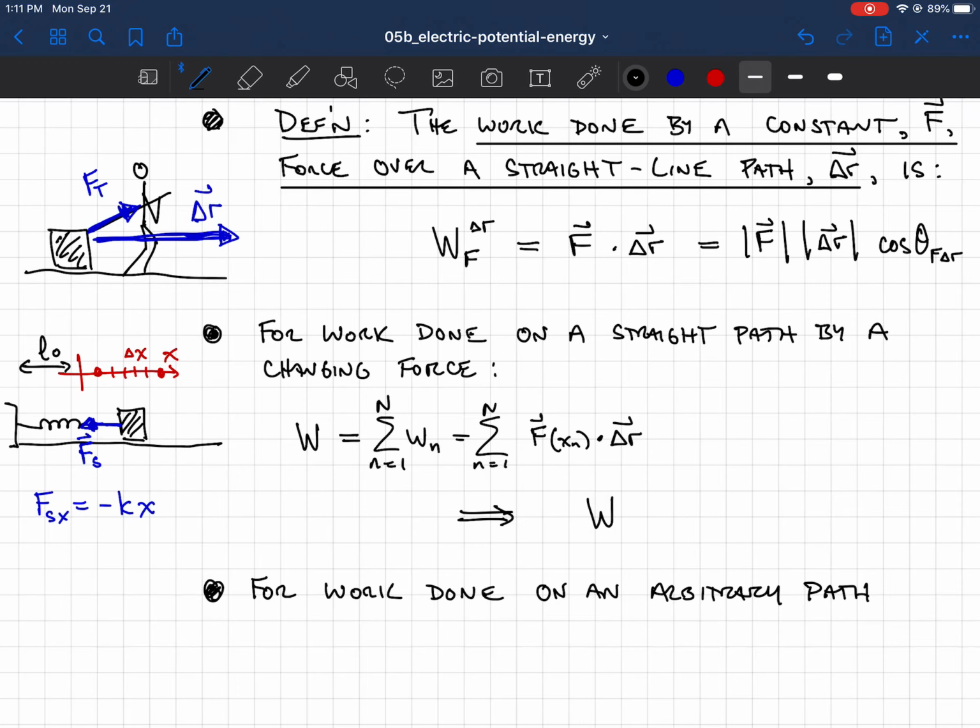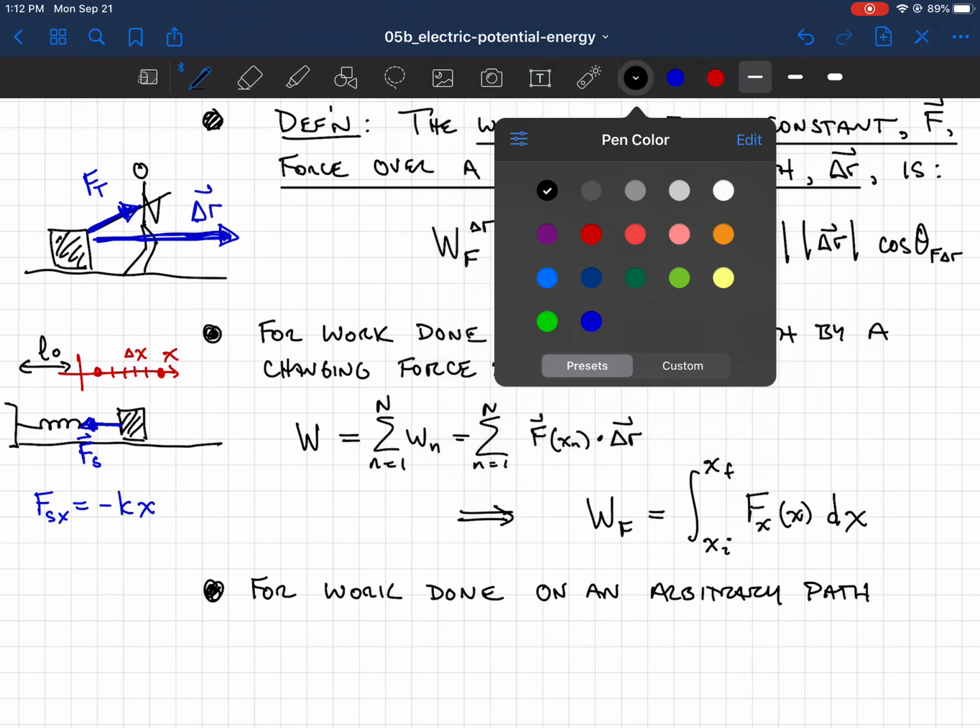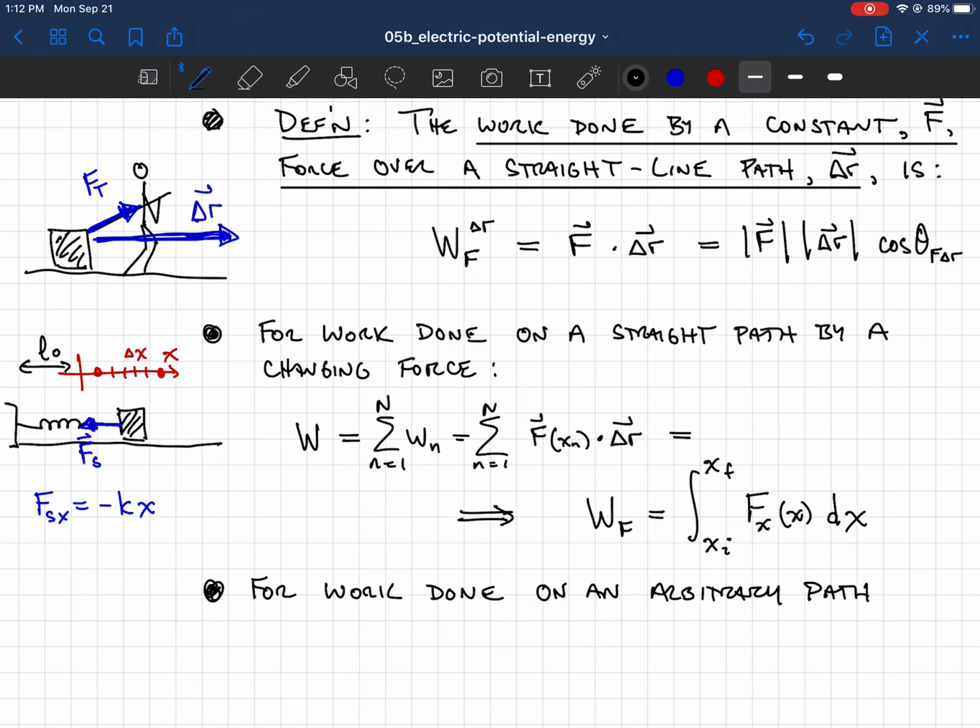The work over a straight line path done by a force is equal to the integral, where x goes from x initial to x final, of the x component of the force as a function of x, dx. So I can actually make one quick change to this, which is to say that if it is a long straight path,